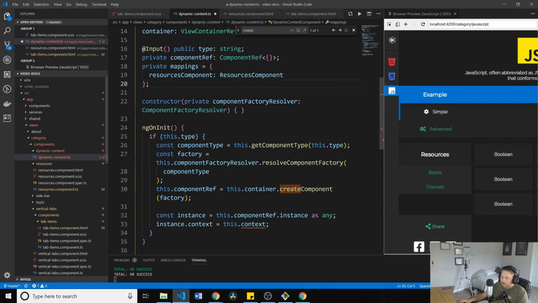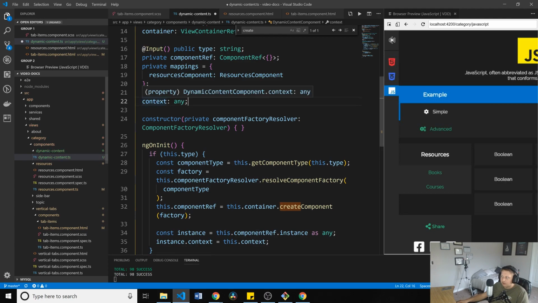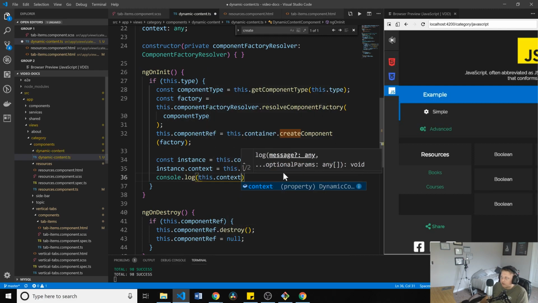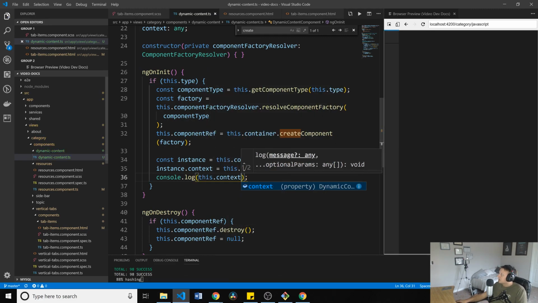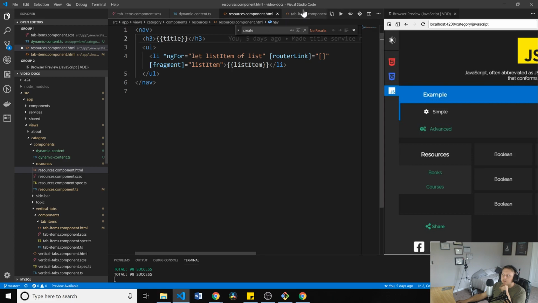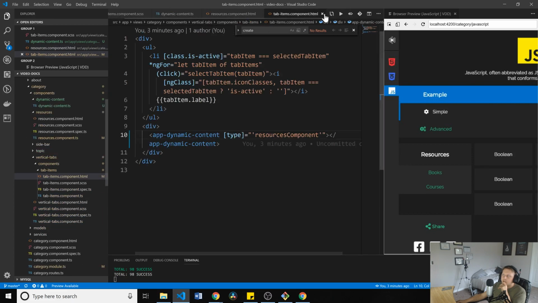And here we'll say, and let's see what happens, console.log this.context. Undefined. So context is undefined, which means let's look at,